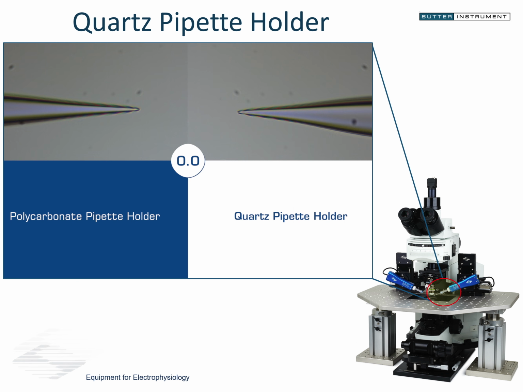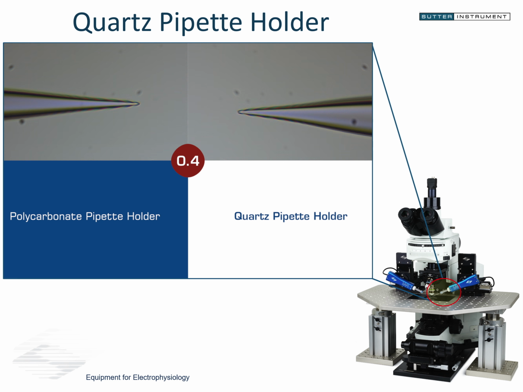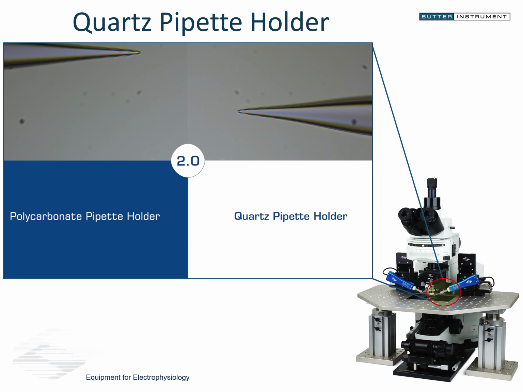Well, we set up a little test procedure to put a heating filament underneath the head stage of the pipette. And we did this test with both pipette holder types placed above the heating filament. What we found is that the polycarbonate pipette holder, with a 2-second heating cycle of the filament placed under there, was very quickly, almost immediately, displaced extremely. We see it move almost out of the field of view of the microscope area here, whereas the quartz pipette holder is virtually completely stable.